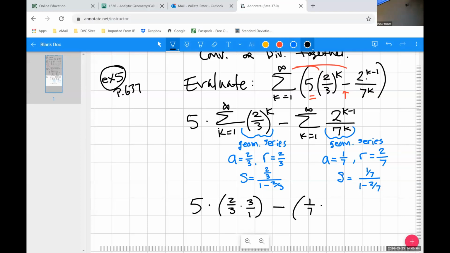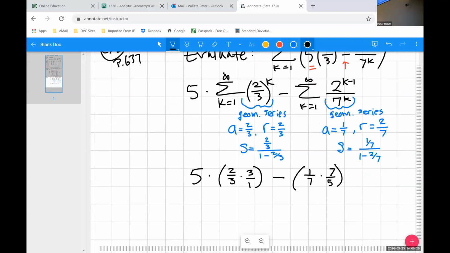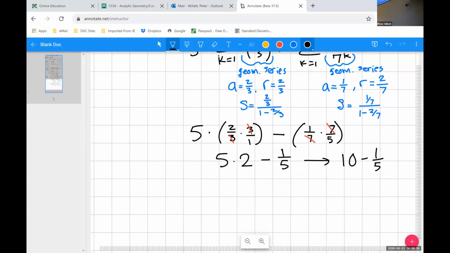Then I would have 1/7. 1 minus 2/7 is 7/7 minus 2/7, which is 5/7. So to divide by 5/7 is to multiply by 7/5. So there's a little bit of arithmetic there, but then these cancel out. And you get 5 times 2 minus 1/5, which is 10 minus a fifth, which is like 9 4/5